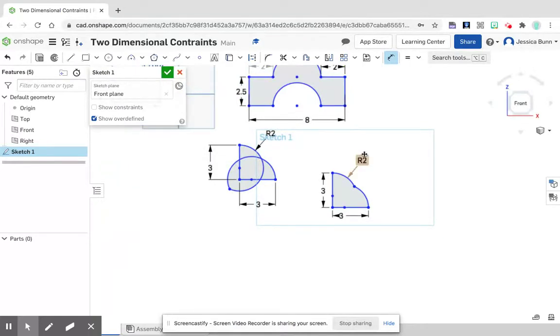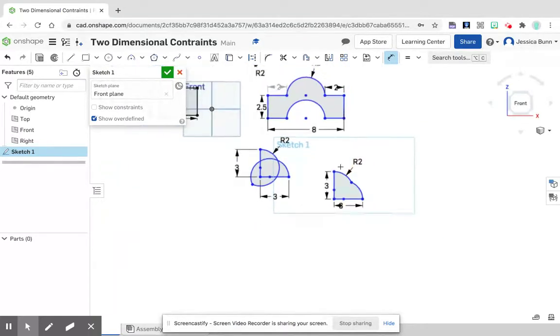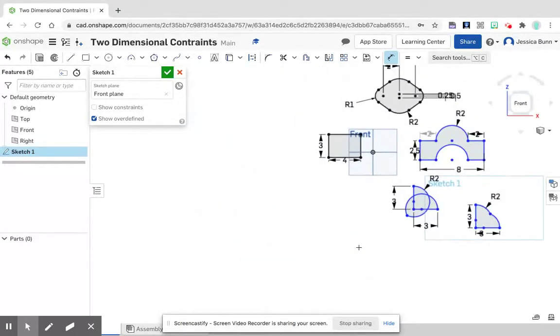And we have one more sketch for this first tutorial. I'm going to scroll over and make some room, and I'm going to try to draw it as roughly accurate as I can using my line command, and then I'll save the arc on the right side for last. So I'm going to start here and left click and drag it this way. I'm going to come up and to the right, left click, down,